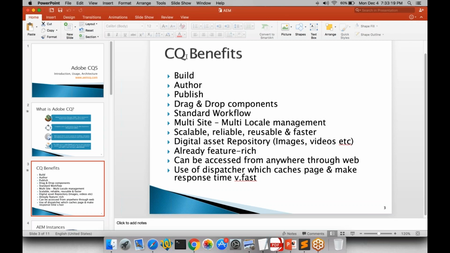When I say needs, each and every organization, when they build their website, would have certain criteria. So they should come up with a checkpoint as to which product satisfies their criteria and go with that particular product. But some of the benefits with AEM is that